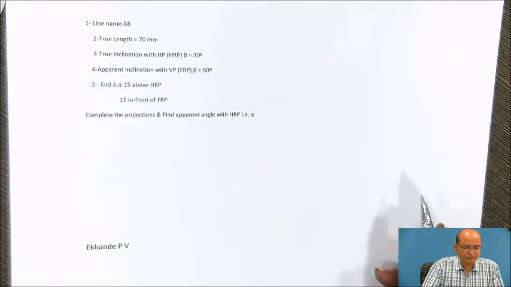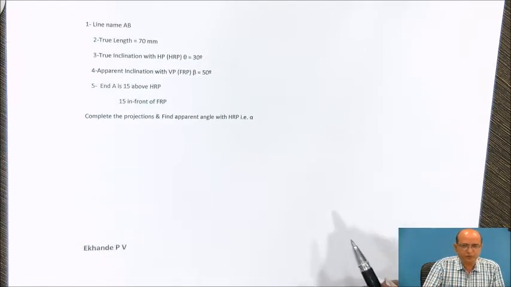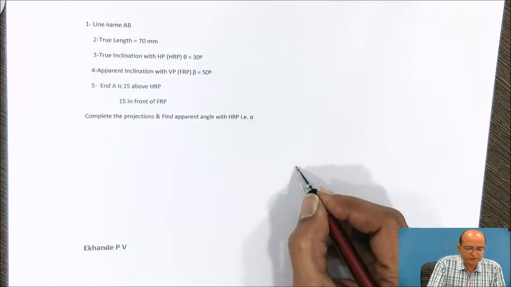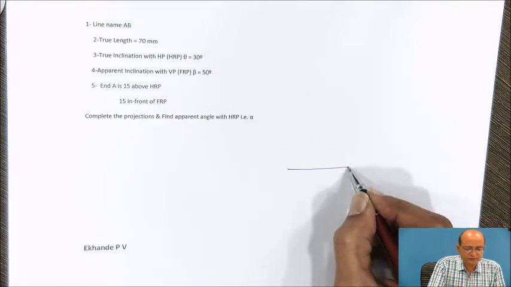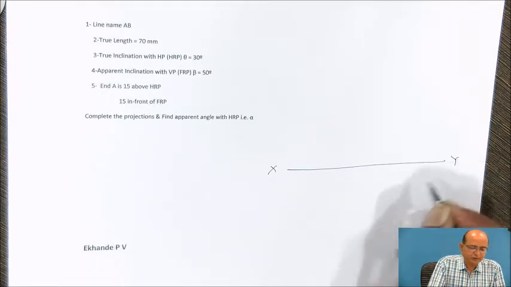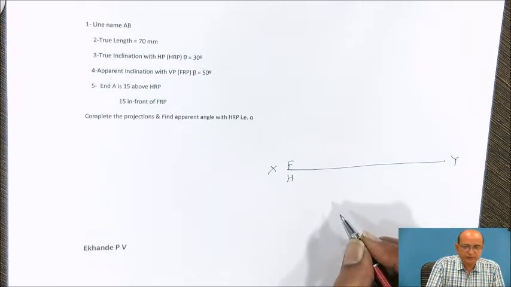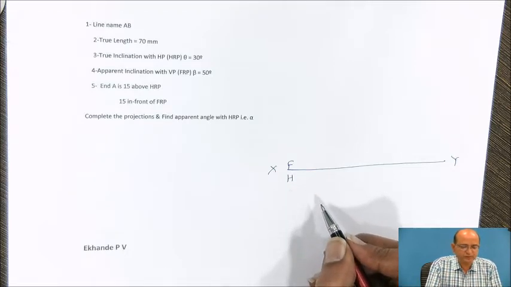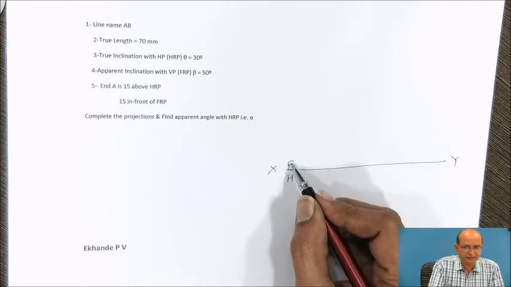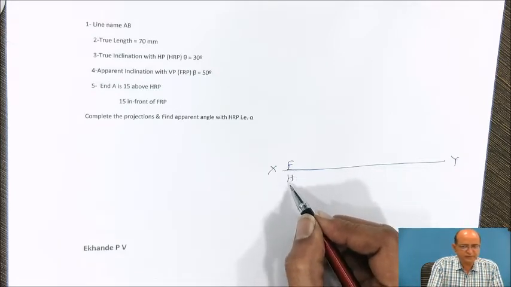Now when we start drawing the projections, the first step is to draw the XY line, or the reference line. So the XY line or the reference line is to be completed first. We can call that the FH line also. So what is that FH? F indicates the frontal plane area, H indicates the horizontal reference plane area. So we call that an FH line.